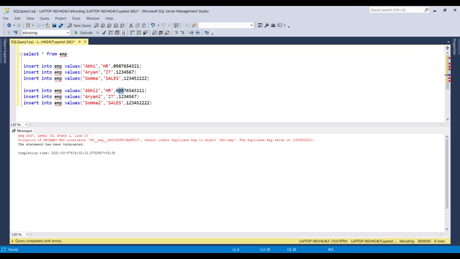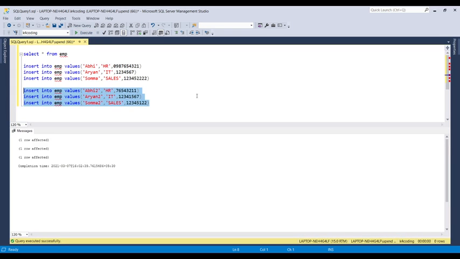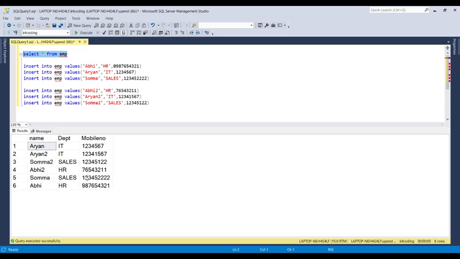If I change some of the value and the number, then it's going to allow inserting that value because it's different from the existing mobile number. Now we are going to execute all 3 queries. As you can see, all records have been inserted. Just check the values. So all unique mobile numbers have been inserted. Where it comes in duplicate, it throws the error that duplicate cannot be inserted.